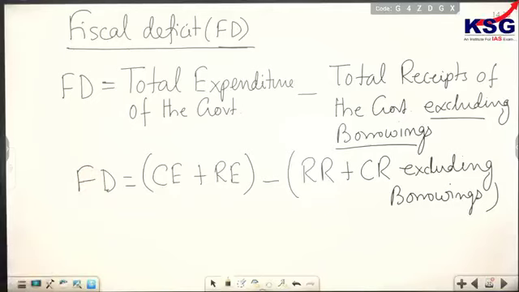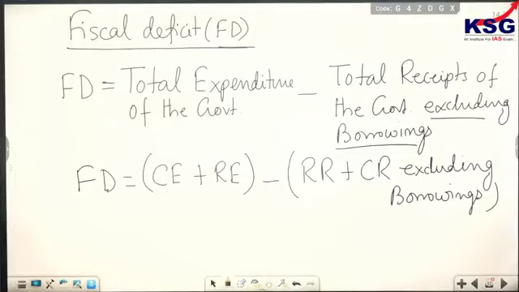The same things we are putting in language. Excluding borrowings, right? Since the shortfall in receipts over expenditure must be covered through borrowings, full stop. Therefore,